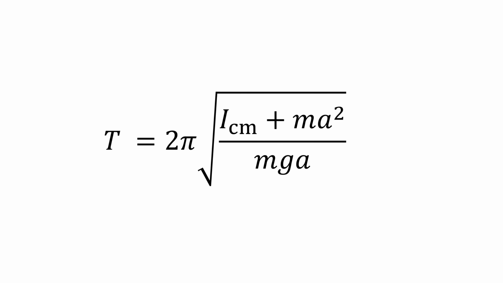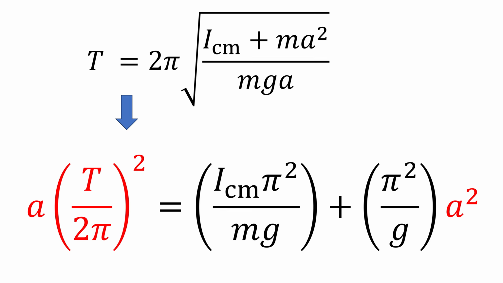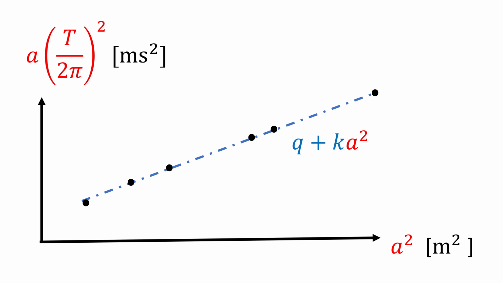The m is the mass of the physical pendulum, and g is the effective gravitational acceleration in the vicinity of the pendulum. To find the value of gravitational acceleration without knowing the moment of inertia of this pendulum, we need to plot a graph. For example, a graph of A multiplied by T divided by 2 pi squared as a function of A squared from our measured values, and then to approximate it with a straight line and determine the